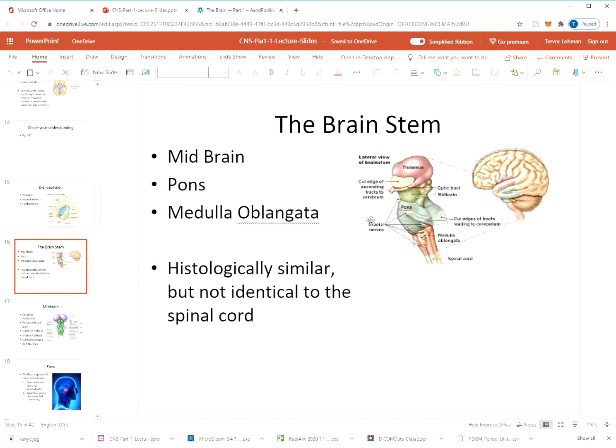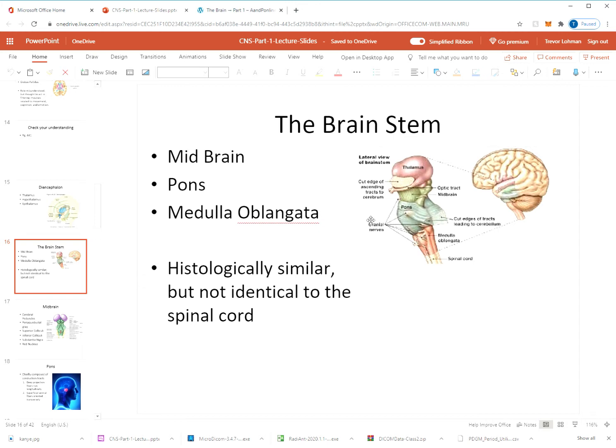So the brainstem sits right below the diencephalon. It's composed of the midbrain, pons, and medulla oblongata. The midbrain has various reflex tracts, and there are some nuclei in the midbrain. We're not going to go into a lot of depth here. The pons has a lot of conduction tracts. There are also a few cranial nerve nuclei within the pons, and then we have the medulla oblongata, which is